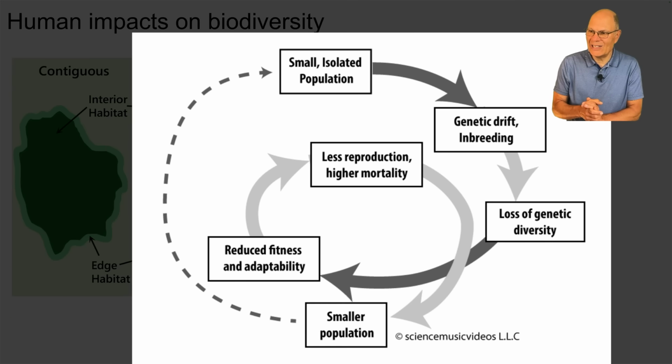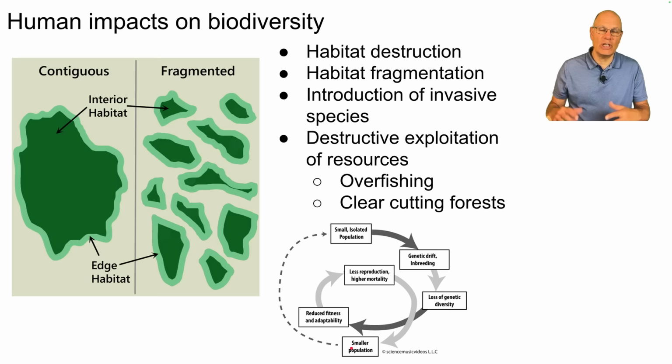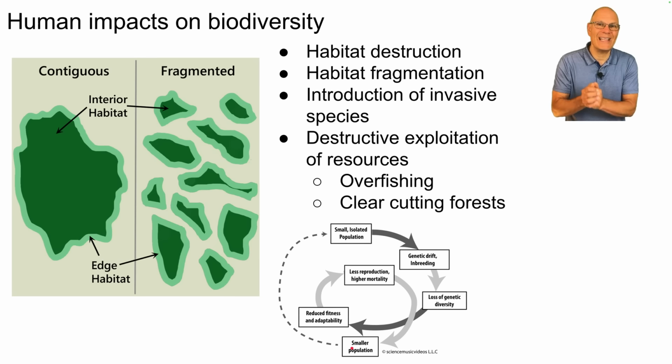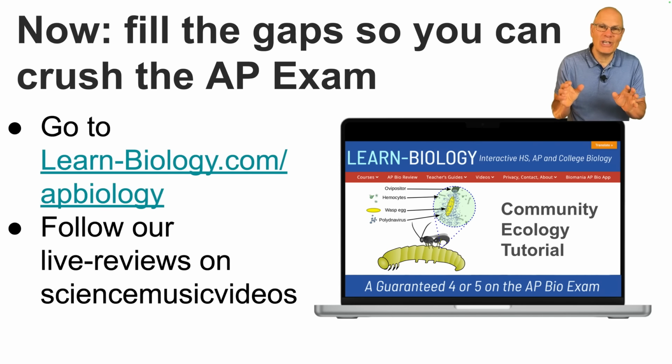This is creating an extinction vortex where populations are getting smaller. That leads to genetic drift and inbreeding. These species lose genetic diversity. They become less fit. There's less reproduction, more mortality, and that leads to a smaller population. A key idea of this course is that variation is good, and many human activities wind up reducing variation. That is a dour note upon which to end the course, but I want you to feel hopeful